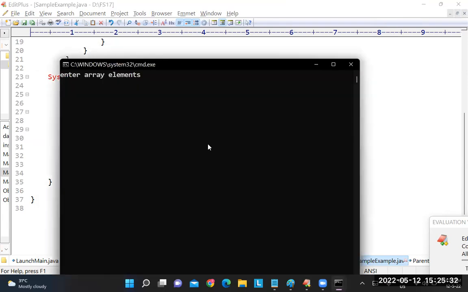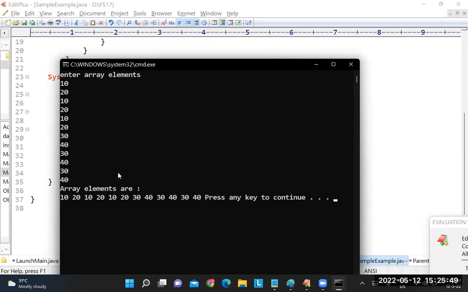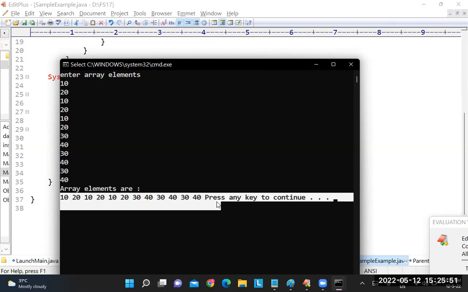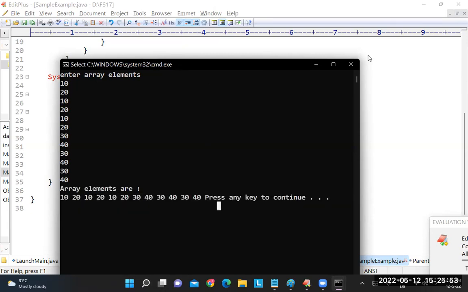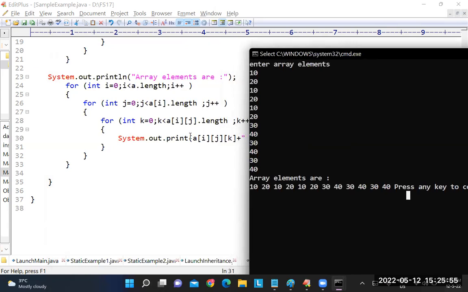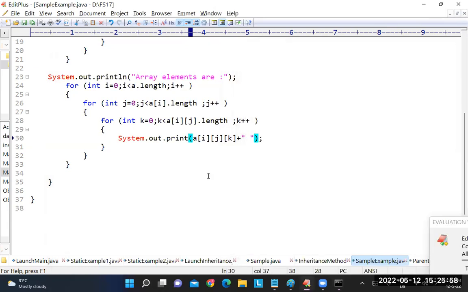When I compile, it is asking me to enter. So I'll tell 10, 20, 10, 20, 10, 20, 30, 40, 30, 40, 30, and 40. So it is printing horizontally everything, because of how I have given it. See here, no ln and with space. But the same thing,